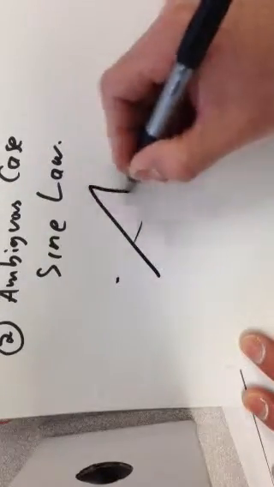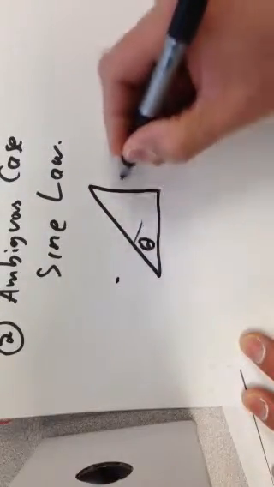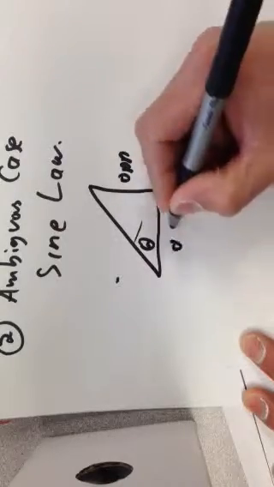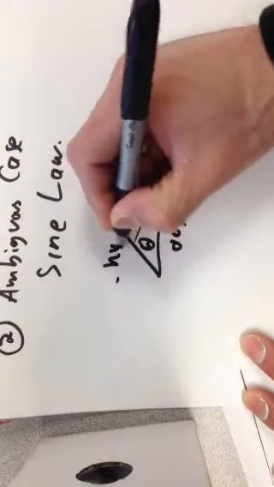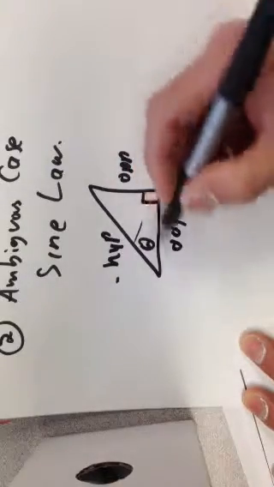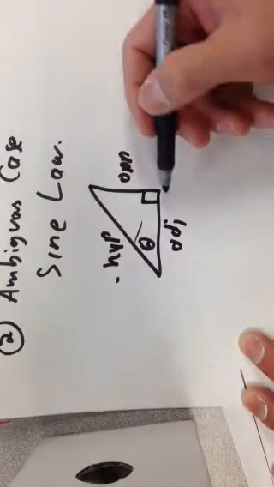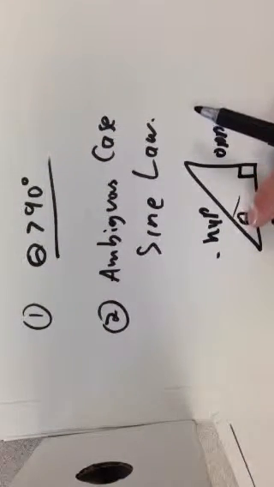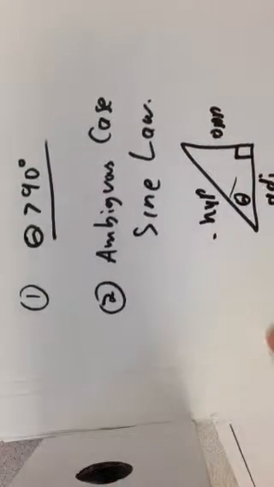To deal with angles greater than 90 degrees, we redefine our trigonometric ratios. You're used to the angle having an opposite, an adjacent, and a hypotenuse side, and that was based on the inside of a right-angled triangle. This angle cannot exceed 89.999 degrees. If it reaches 90, you no longer have a triangle. So we redefine trigonometry a bit